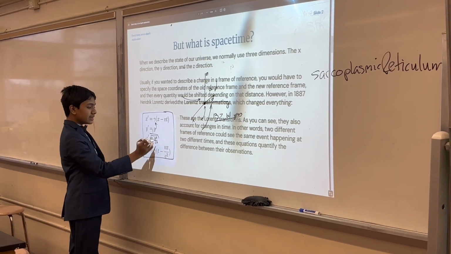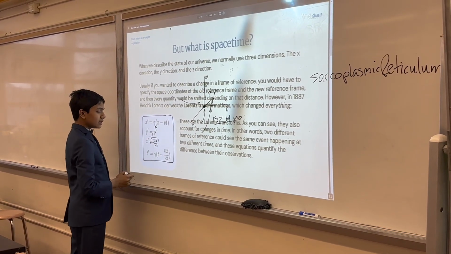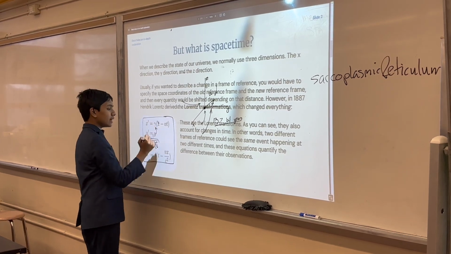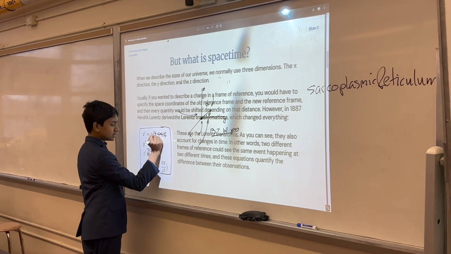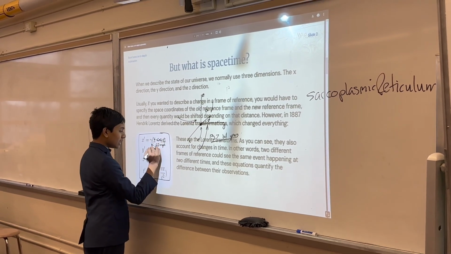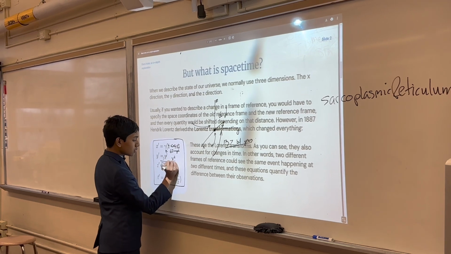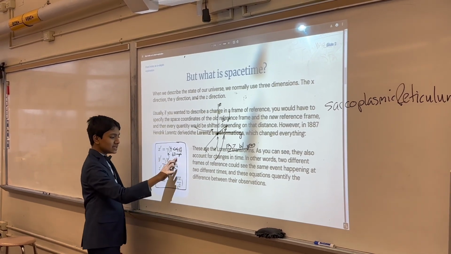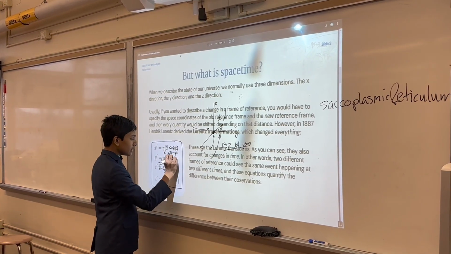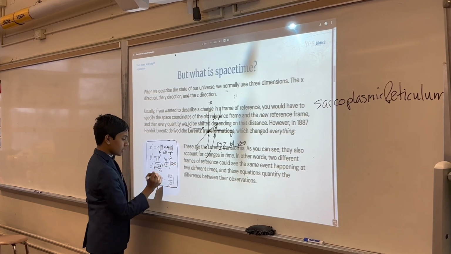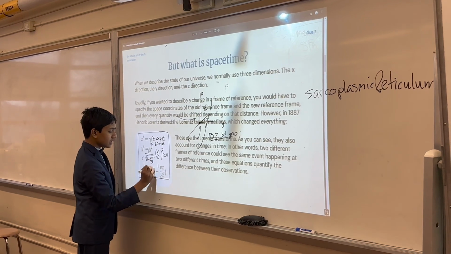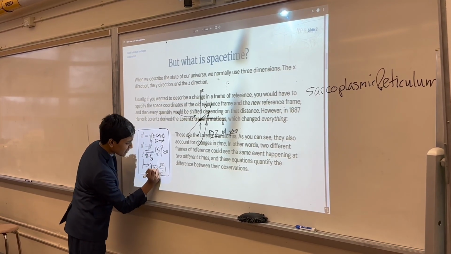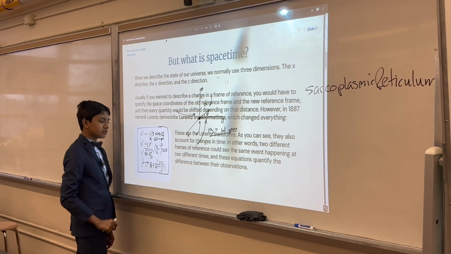So what this means right over here is if your velocity is way less than c, like for example 60 miles per hour, then your velocity divided by c all squared is going to be basically 0. And what does that mean? The gamma factor is going to be equal to 1 divided by basically the square root of 1, which is just equal to 1.